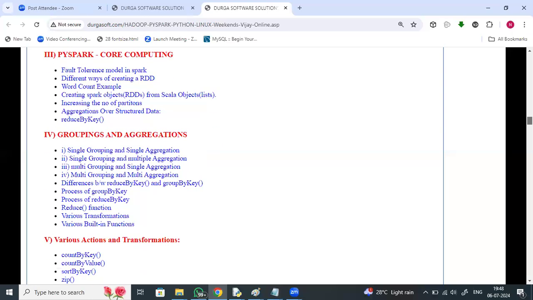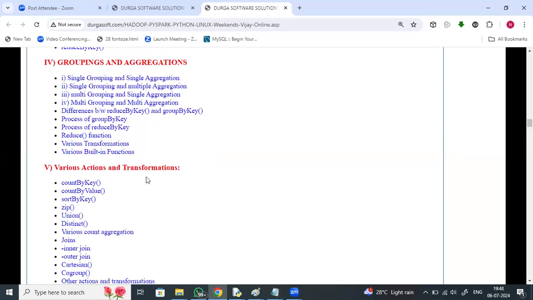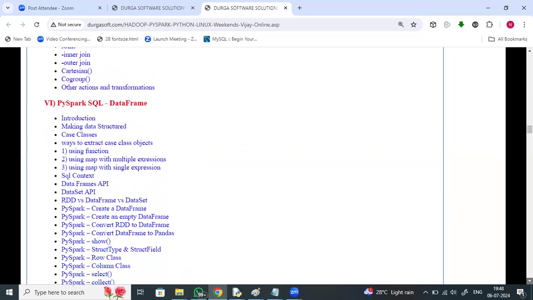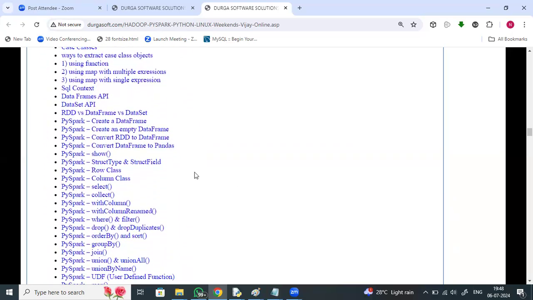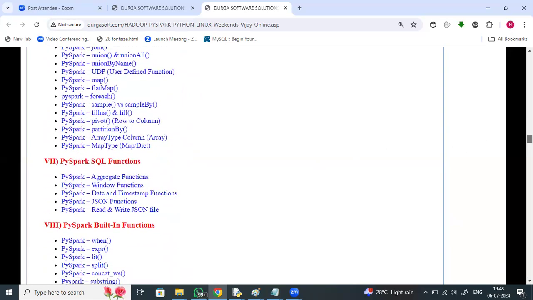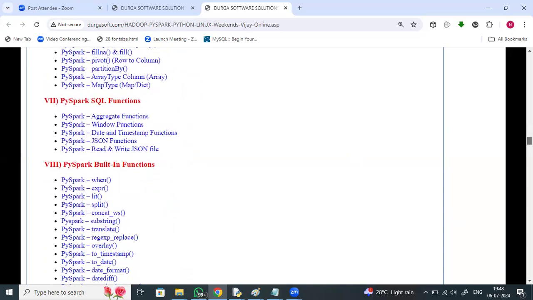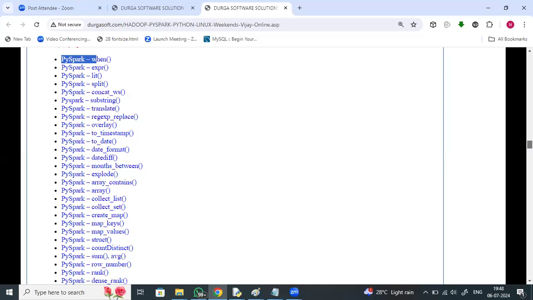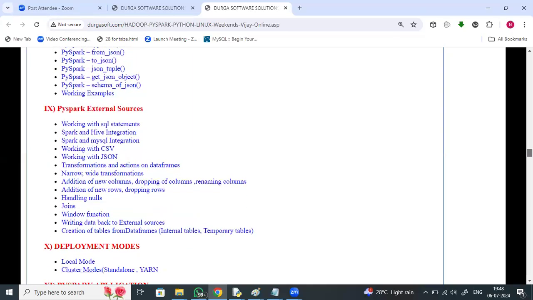PySpark core computing, groupings and aggregations, various actions and transformations, PySpark SQL DataFrame, right? DataFrame, PySpark show, PySpark StructType, StructField, Row class, select, withColumn, various built-in functionalities of PySpark, PySpark SQL functions, aggregate functions, window functions, date and timestamp, PySpark built-in functions, when, expr, lit, split, concat, overlay, to_timestamp, date format. So in this way, many functions.